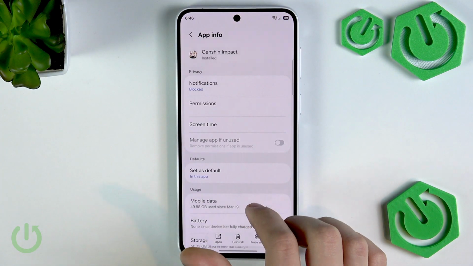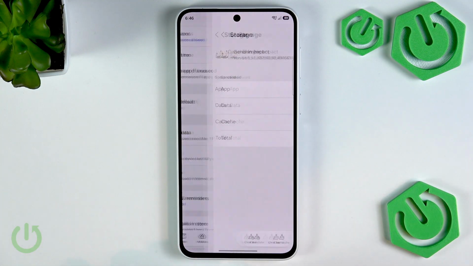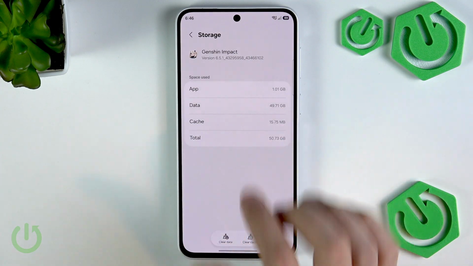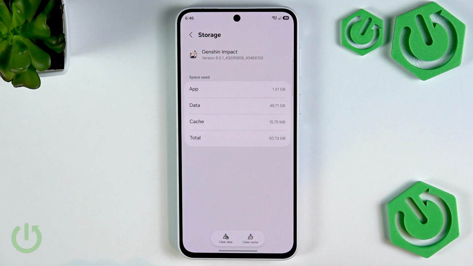Now scroll down to the storage. As you can see here, they have 49 GB of data, which I don't want to clear because it's for my gaming benchmarks, but select this application and here you can tap Clear cache. Or optionally, as you can see, there is Clear data, but if you have, for example, some videos in your TikTok drafts, don't tap this because it will clear all your